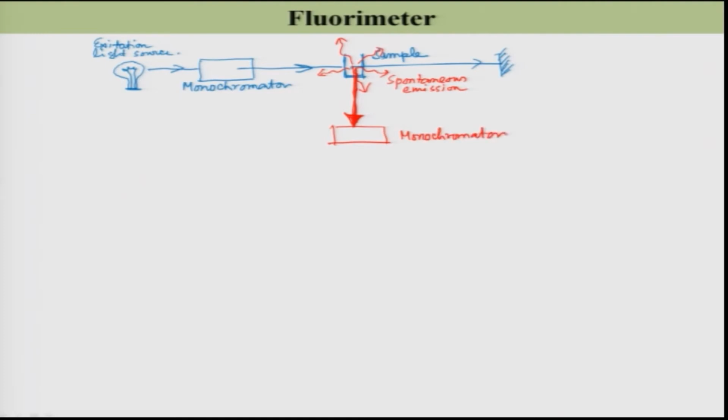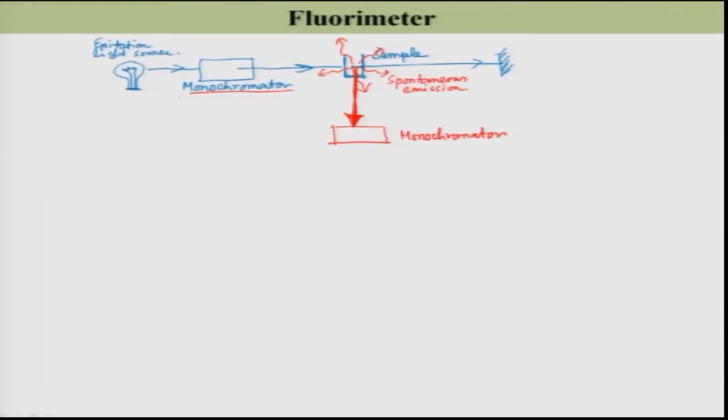Similar device, but we need two over here. One is here, this is the excitation monochromator that is used to choose the excitation light. So, we generally more precisely write this as excitation mono, just in short form, and this we write as emission mono,